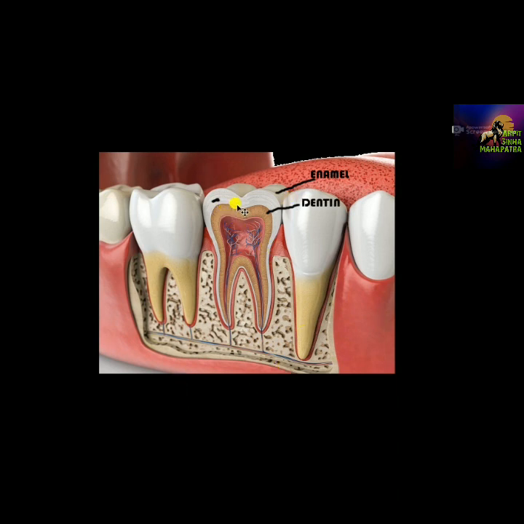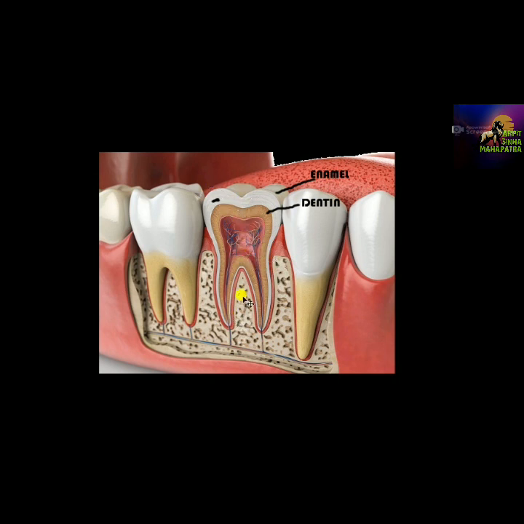In the dentin, there are many small canals, and through each of these small canals the cytoplasmic strands of the cells run. It helps in the transmission of the cytoplasmic strands. Okay, so first is the enamel, second is the dentin, and the third part is the very soft, innermost part. This part is called the pulp.